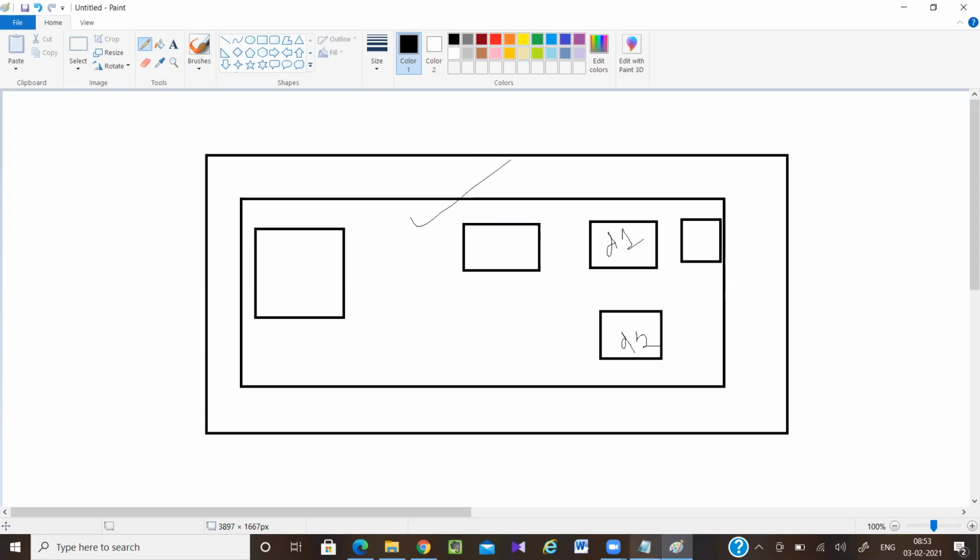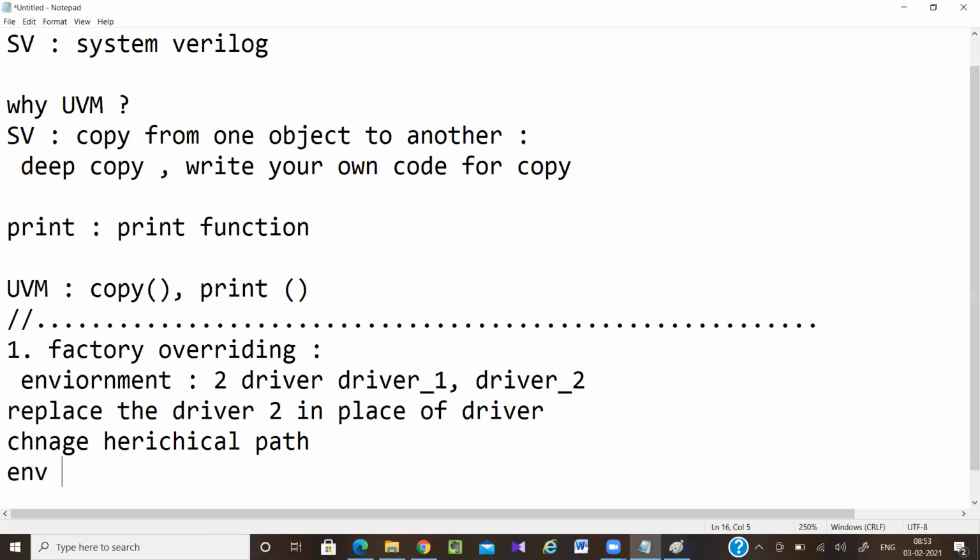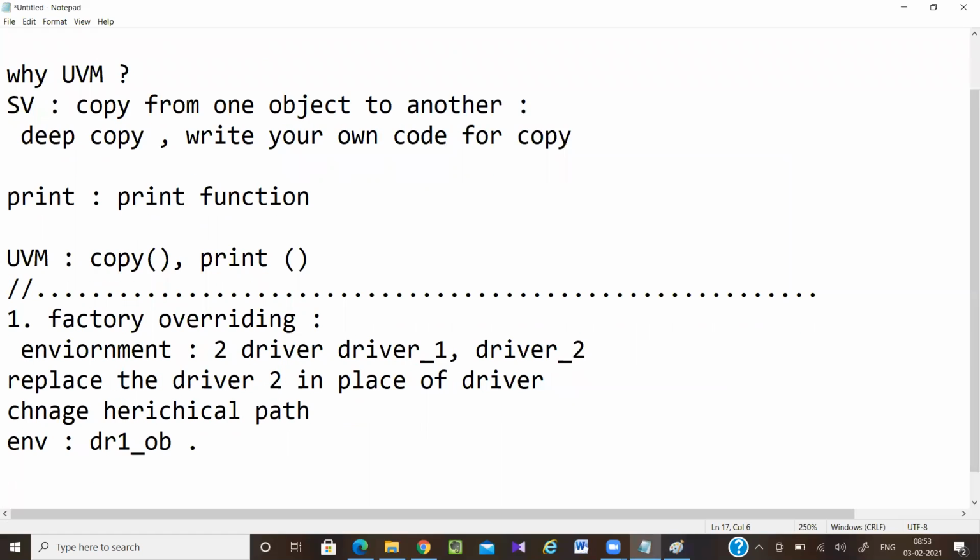Again, in the environment, say you are using driver 1 object, then dot whatever you want to do. But if you want to use driver 2, then you have to write driver 2. In a large project, it is not preferable to always go inside the code and